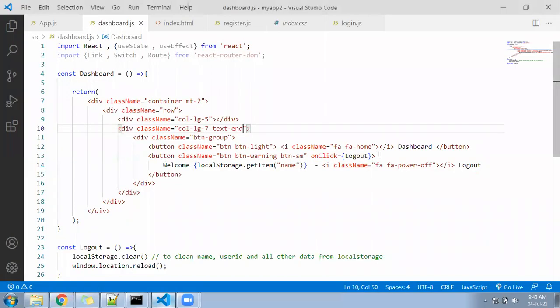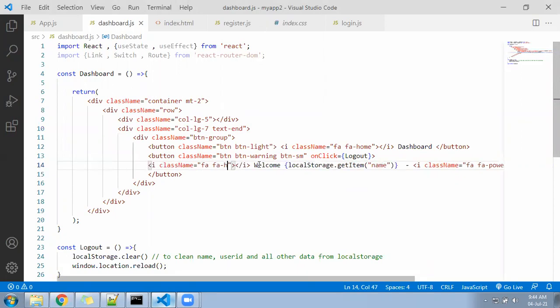So keep it under the class text-end. And before welcome, keep another class, fa fa-handshake.